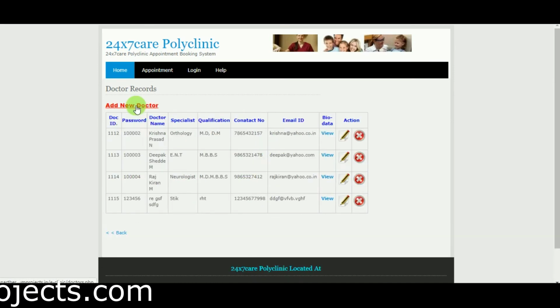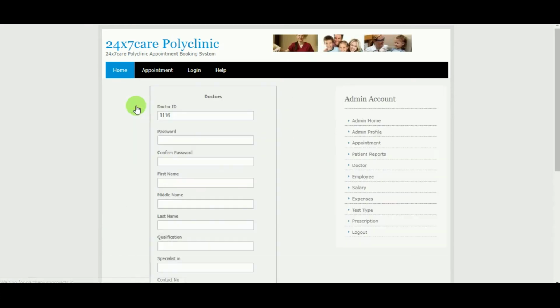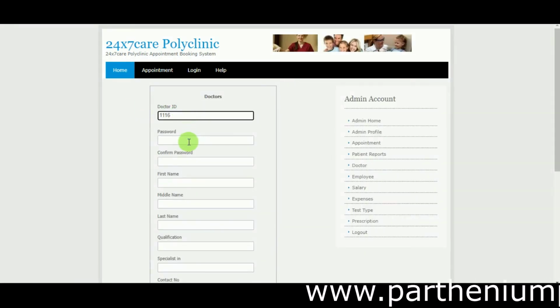If you need to add a new doctor, click on add new doctor. This is the doctor ID.